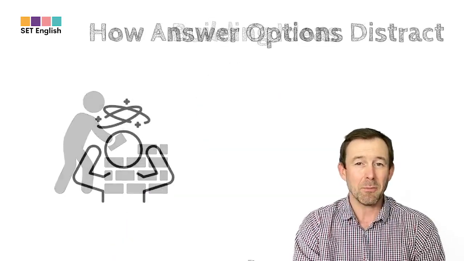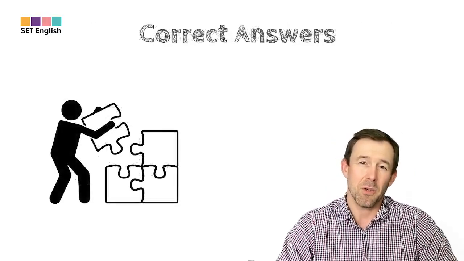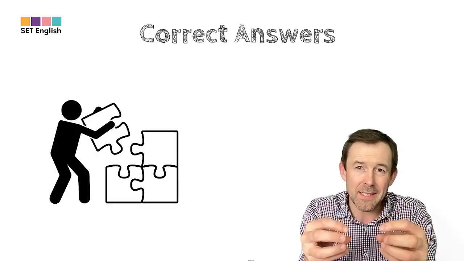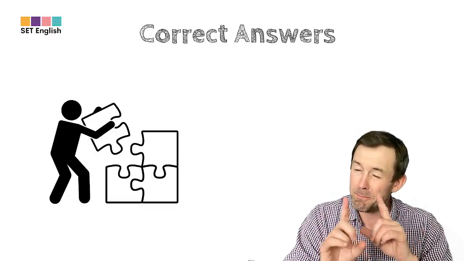Right at the very beginning, there was an idea that artificial intelligence could be the solution to problems in the NHS. And by the end of it, they're showing that there are positive results from using AI. And they've given you lots of detail. And because they've given you that detail, they can make questions. So let's go and talk about questions. I'm going to talk about how answer options distract and how the correct answers put together different parts of information from the paragraph. Okay, now before we do it, let me remind you,